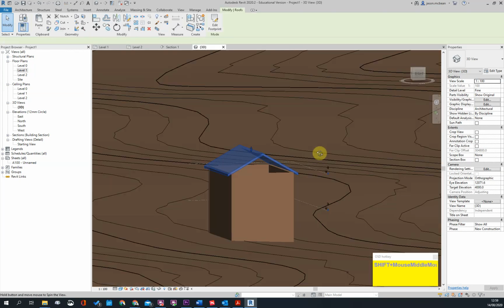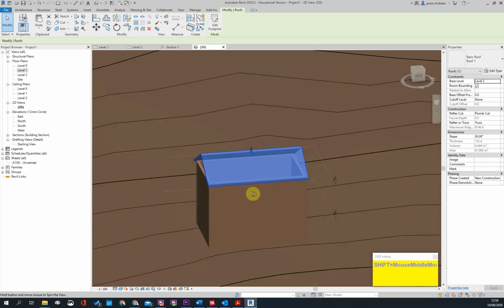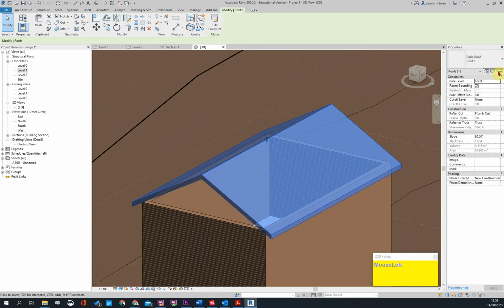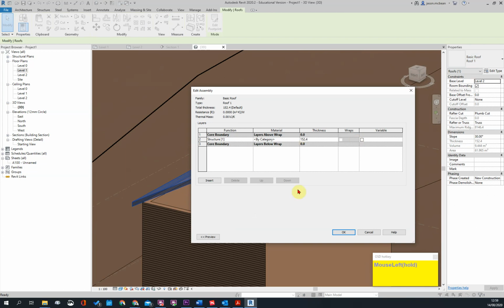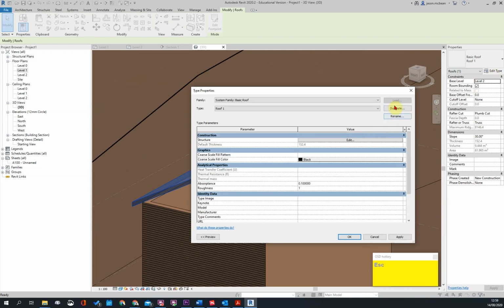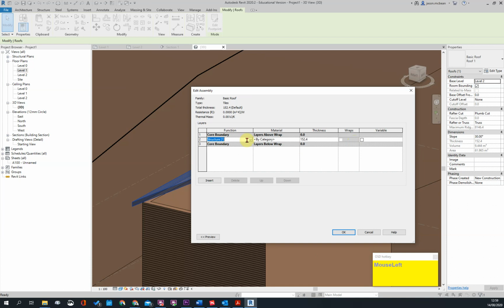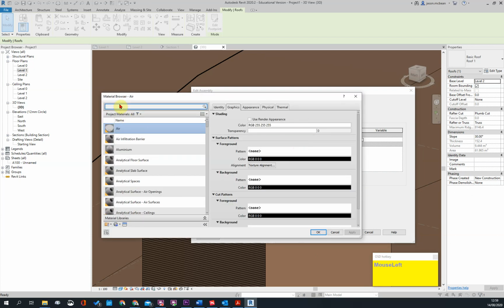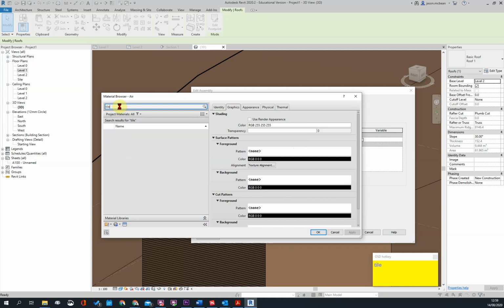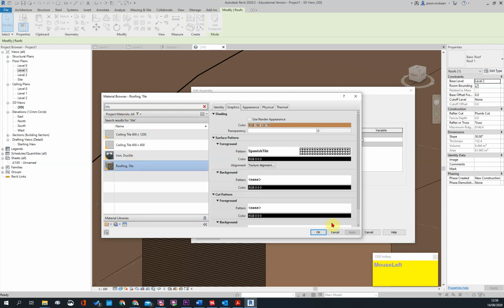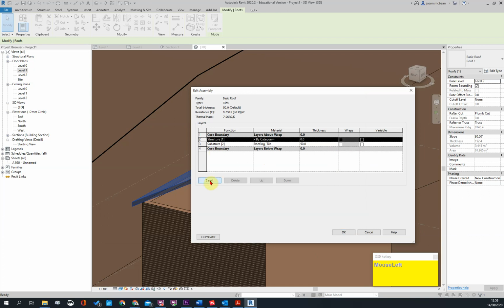So there it's created my roof. Now I'm going to have a look at the roof structure itself. I want to change this ever so slightly, so I'm going to rename it. I'm going to call this tiles. With a tile roof, you're going to have a substrate, a substructure, which is about 50 mils, which is your tiles. I'm just going to use tiles for now. I hope there are roof tiles here already. Roofing tiles, that will work. Then I'm going to insert another